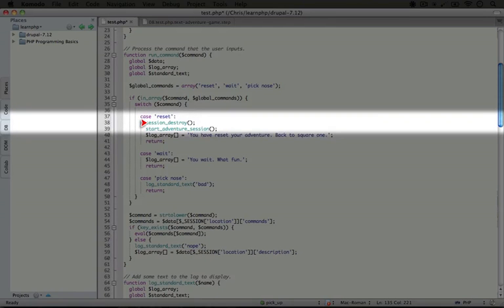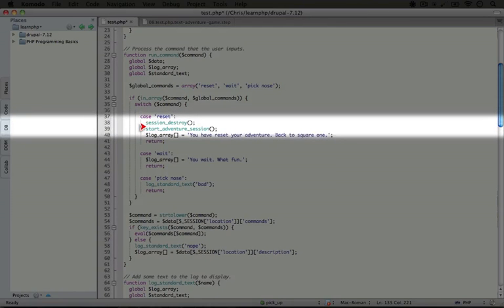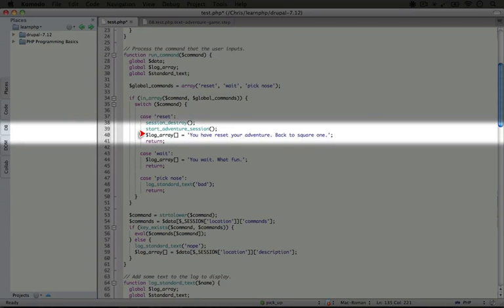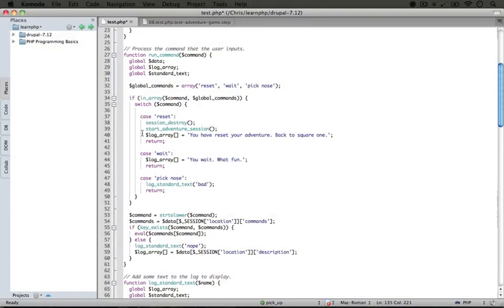So we're going to run session destroy, and then we're going to start their session again by running the start adventure session function, which will create their session and also set some basic variables there. And then we're going to add an item to the log array that says you've reset your adventure back to square one. So again, from here, we just render our log array into the interface and our now empty inventory.